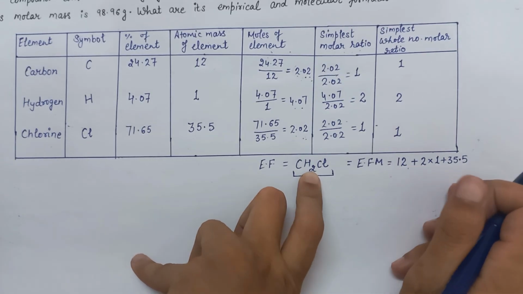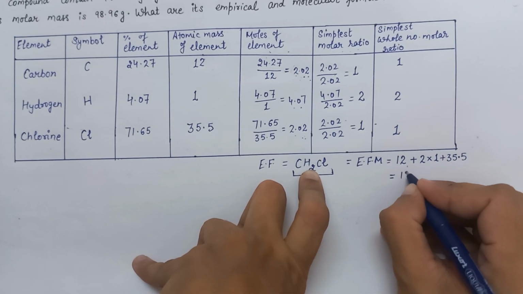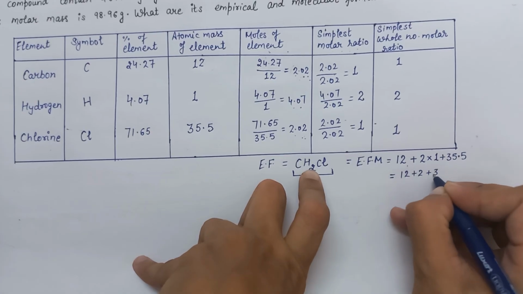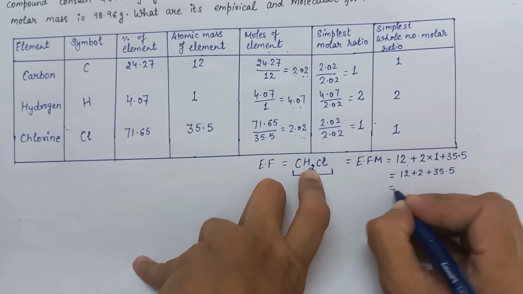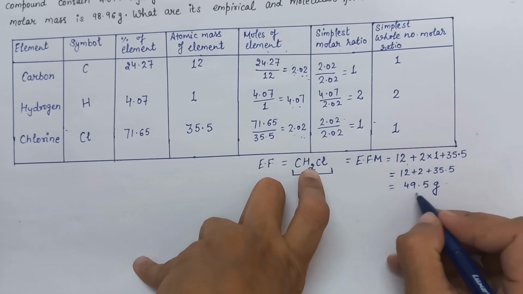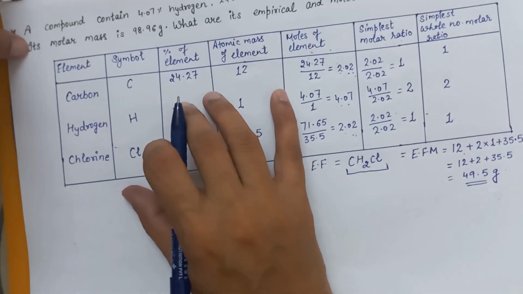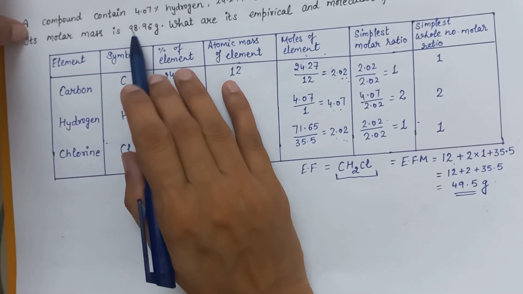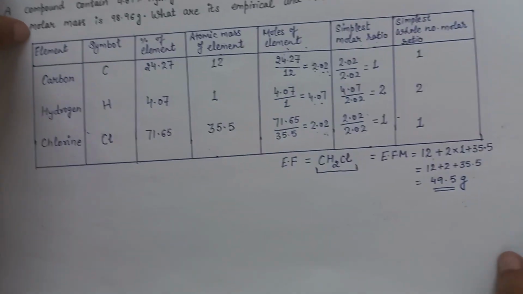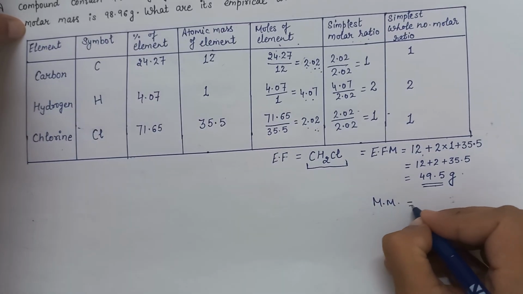So therefore the empirical formula mass of this molecule becomes 12 plus 2 plus 35.5, so we get 49.5 gram. This is the empirical formula mass of this molecule, and we are given that the molar mass of the compound is